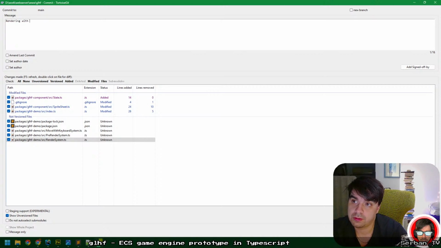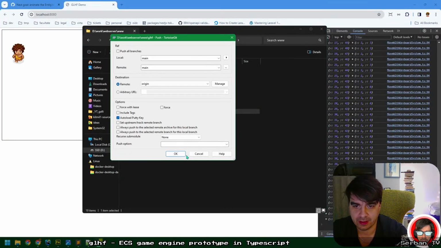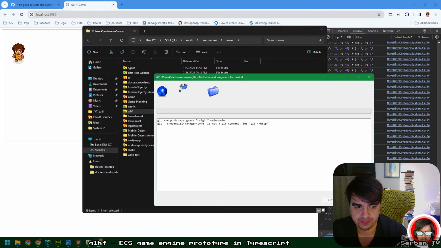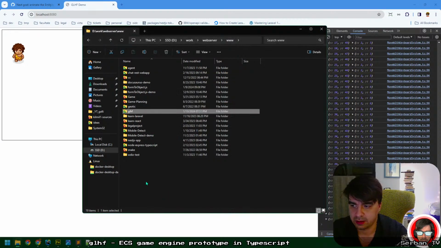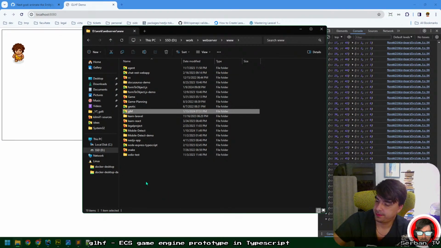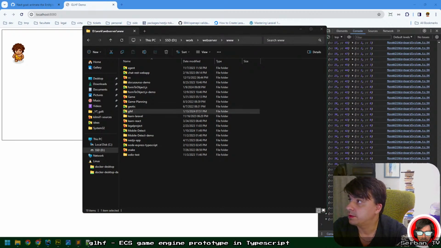Rendering with basic state works. Still needs logic decoupling and a lot more. Okay. I'm now officially